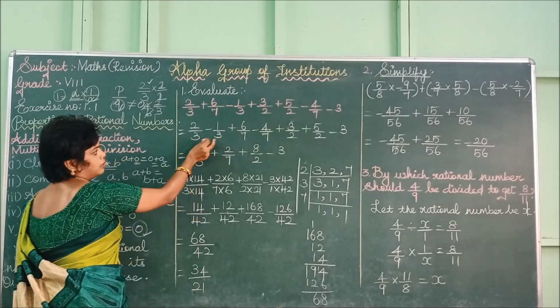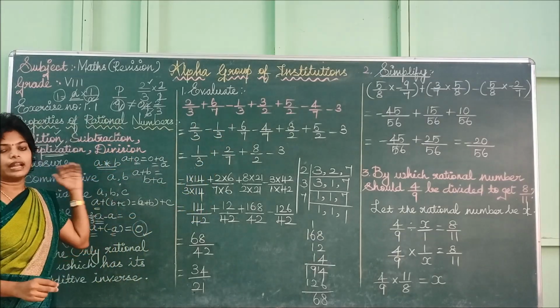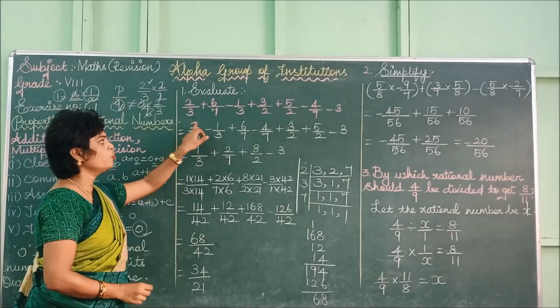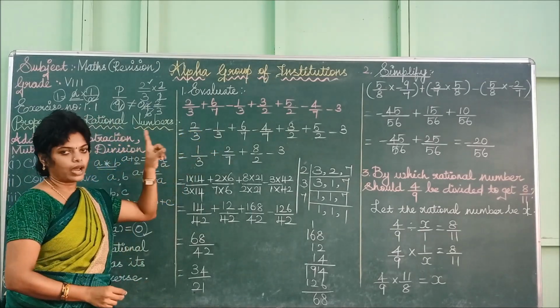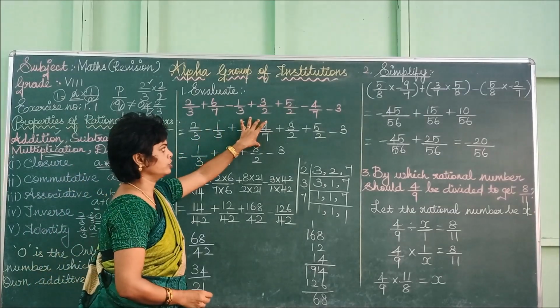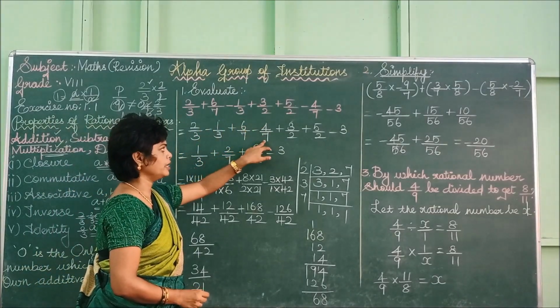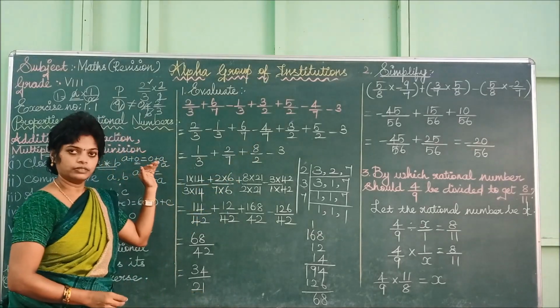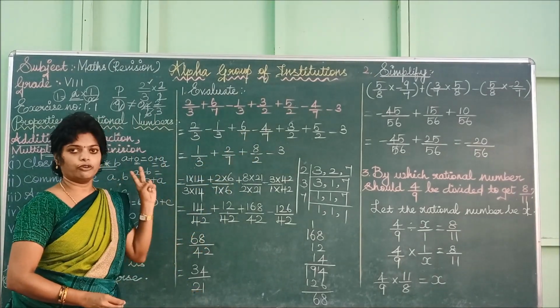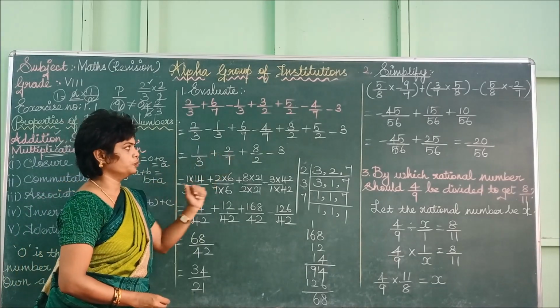From this 2, both the denominators are same, you can add or subtract the powers. So here the operation is subtraction. 2 minus 1 is what? 1. 1 by 3. So leave this. Next look at the next two terms. So both the denominators are 7, you can take the 7 as common. 6 minus 4 is what? 6 minus 4 is 2. So you can write that 2.